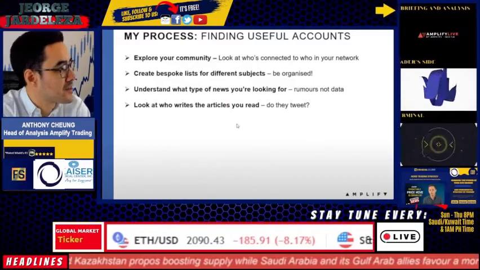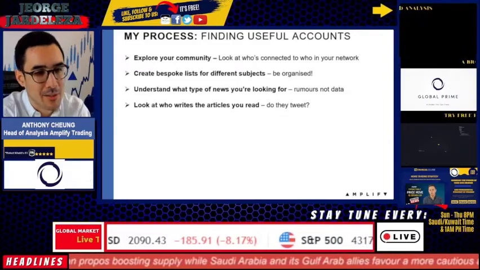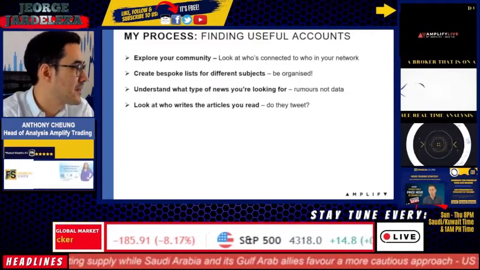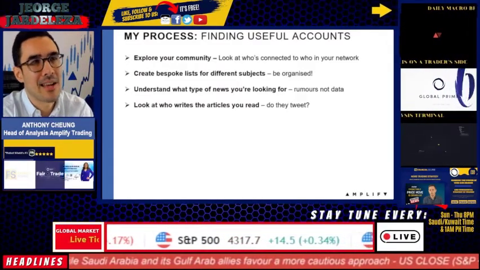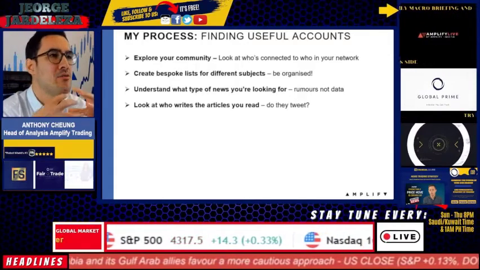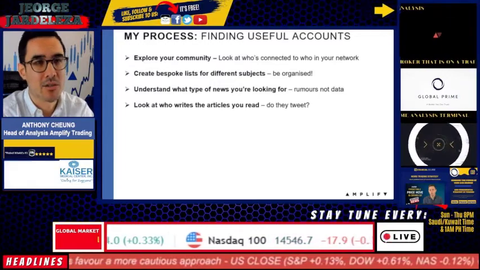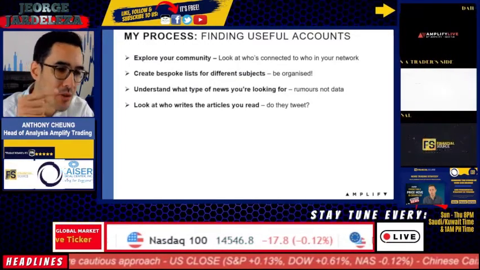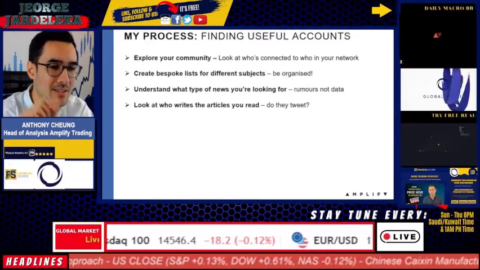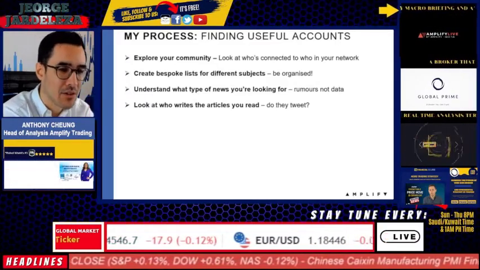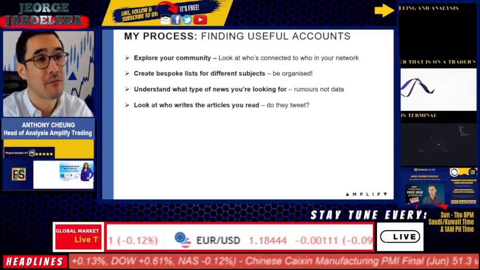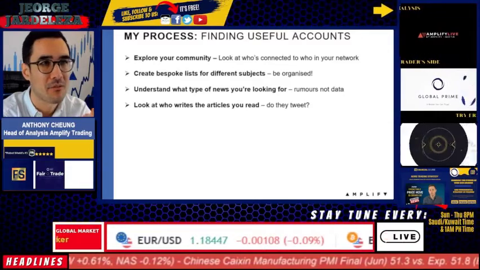Look at who writes articles. So again, I'm spending a bit of time going through these points because these are the key ones. Who writes these articles? I always say this to people. When you read the Wall Street Journal, for example, and you read a really interesting article, how often do you actually pay note to who wrote it? What's the person's name? And then cross-check it. Do they tweet? And lo and behold, they do, and fairly frequently, and of high quality information.